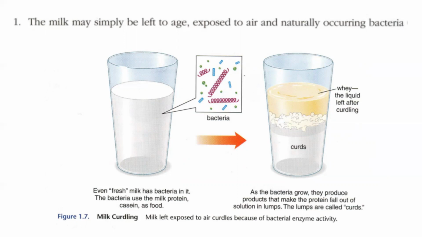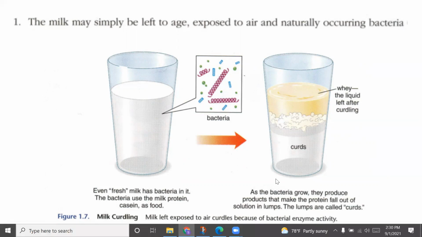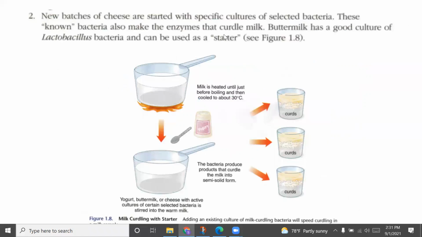Then you have the bacteria growing, and they produce products that make the protein fall out of the solution in lumps. So the bacteria comes in, eats the milk protein, and causes an effect that has the curds separate from the whey. Then you take the curds and press them into cheese. All right, that's a very simple way. Our second,